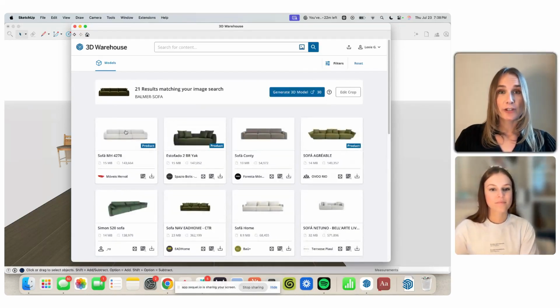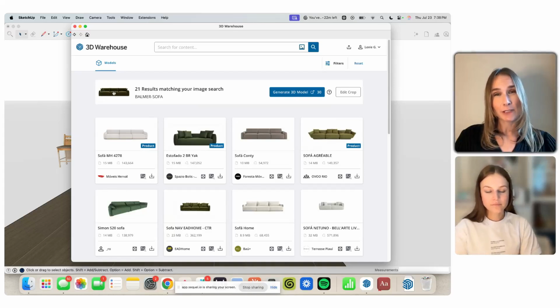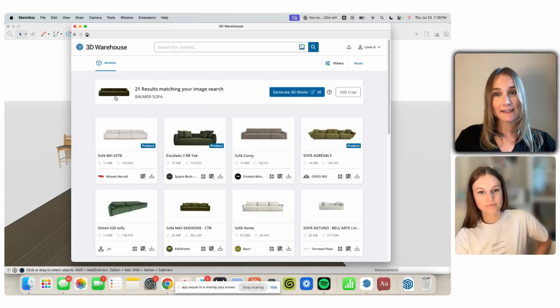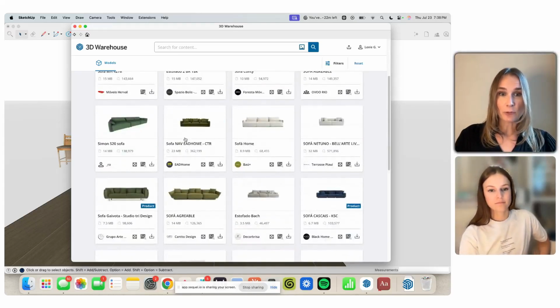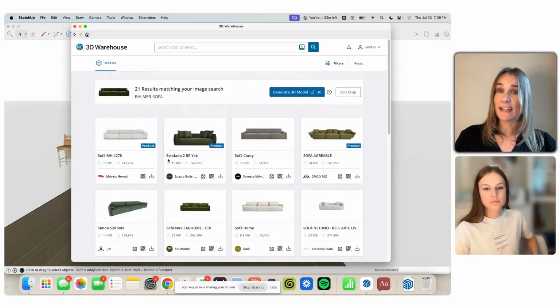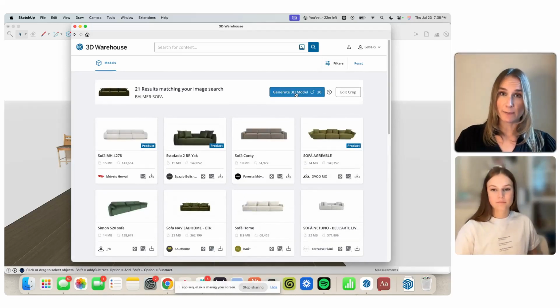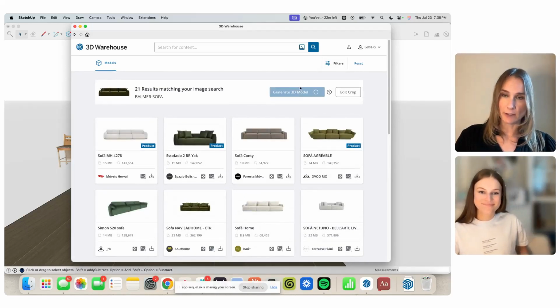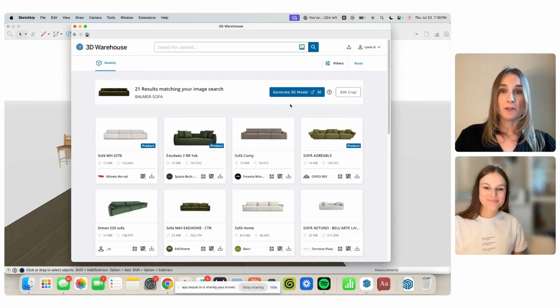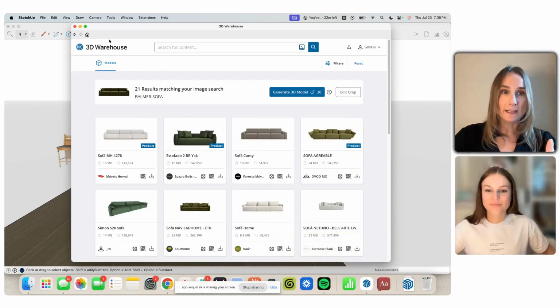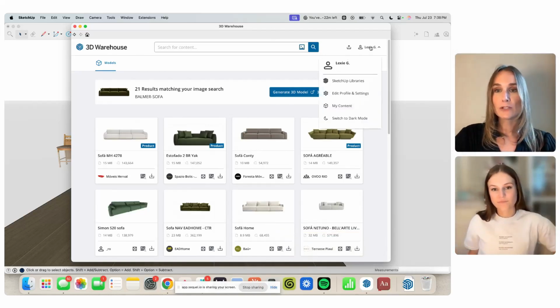So it's going to search the 3D warehouse for an image that looks similar to the sofa that I just added in. So I can either download one that looks similar and then edit it, or you can hit generate 3D model, which mine's not going to let me because I already did a bunch today. But if you hit generate 3D model, and then it will take you back to